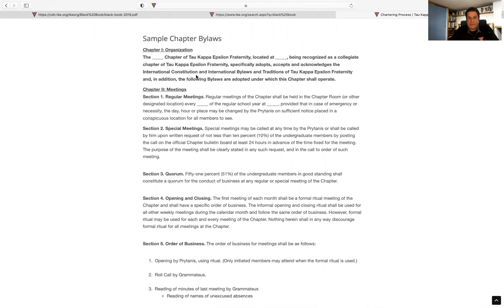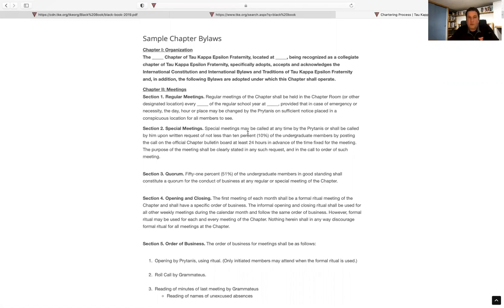I recommend every year taking a look through your bylaws and updating them, just making sure everything still works for you. Traditionally in TEAC, the bylaws are held by the Epiprytanis, or the vice president of the chapter. This was built into his job description before we could just go to teak.org and pick everything up for ourselves. He would actually carry around a physical copy of the bylaws and bring them to meetings.